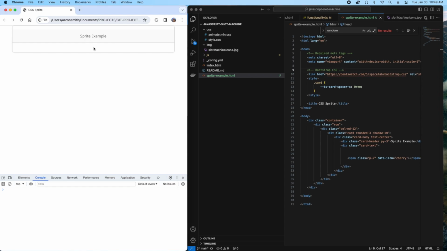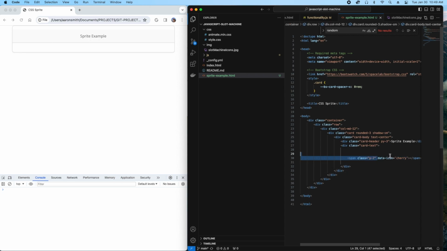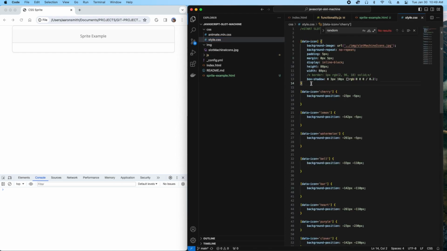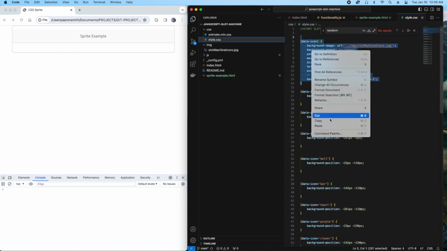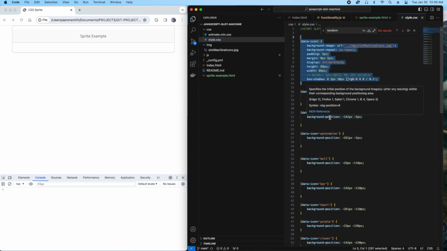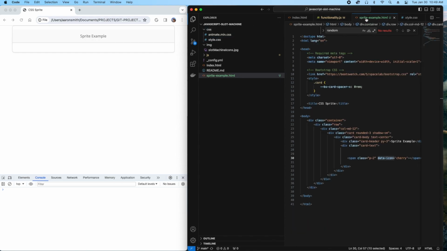So on the left here, I've just got the rendering of this HTML that is written over here on the right. And as you can see, I've got something called the data-icon and it equals cherry. Now this is a data attribute that ultimately they're all going to be referenced under data-icon. So what is data-icon going to do? As you can see, this is data-icon. It is going to represent all of our items, and I'm going to go ahead and slide it into our